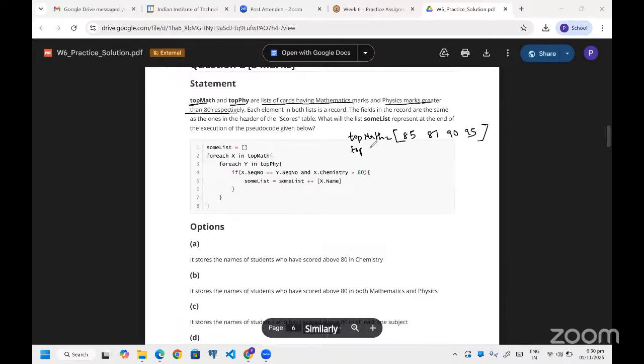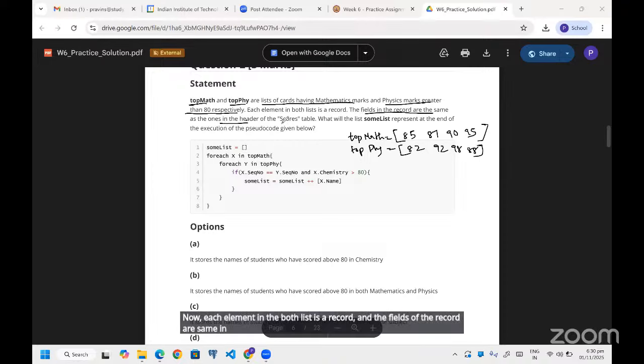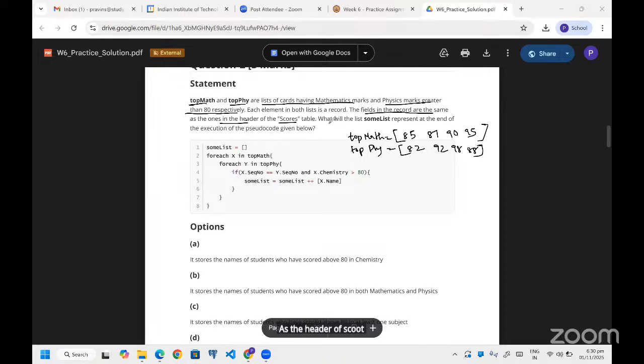Similarly, top physics is also a list that has marks greater than 80. Now, each element in both lists is a record, and the fields of the record are the same as the header of the score table. What will the sum list represent at the end of execution?